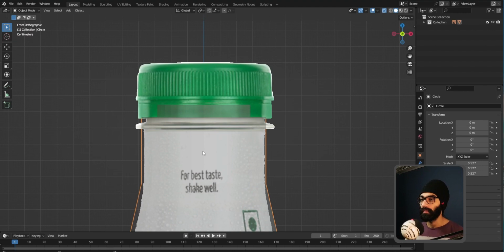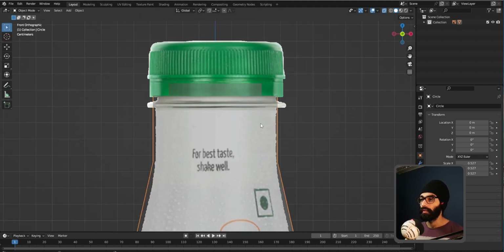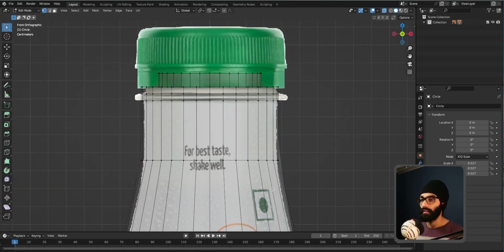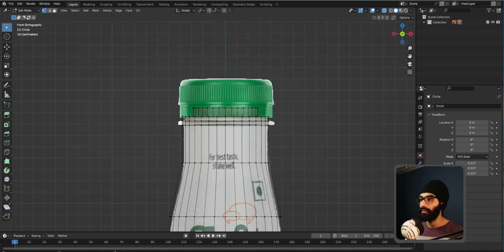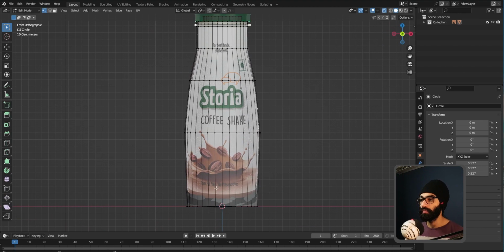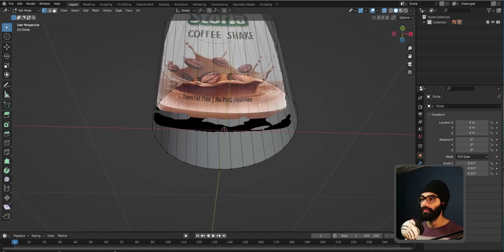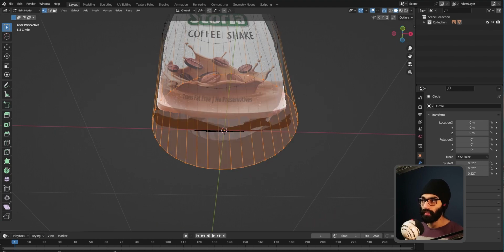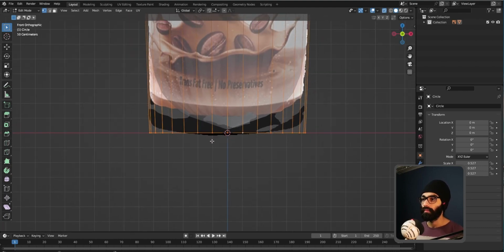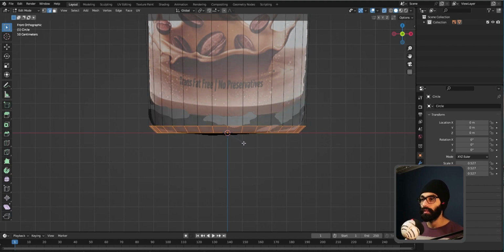Okay, now it's already in X-ray, so Control 2, I'm going to add a subdiv of 2 on it, and we could just delete one half and do a mirror modifier situation. At the bottom we'll have to fill the face, so hold Alt and press F to fill this. With this bottom loop, I'm going to press Control B to add a bevel,